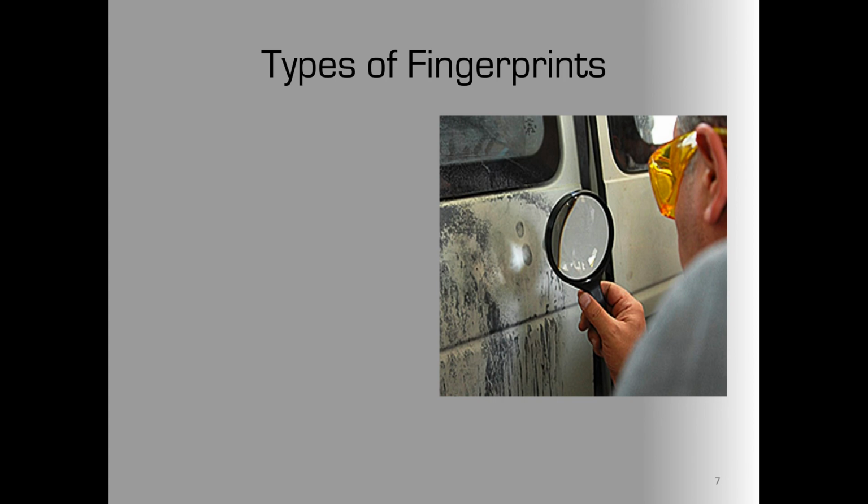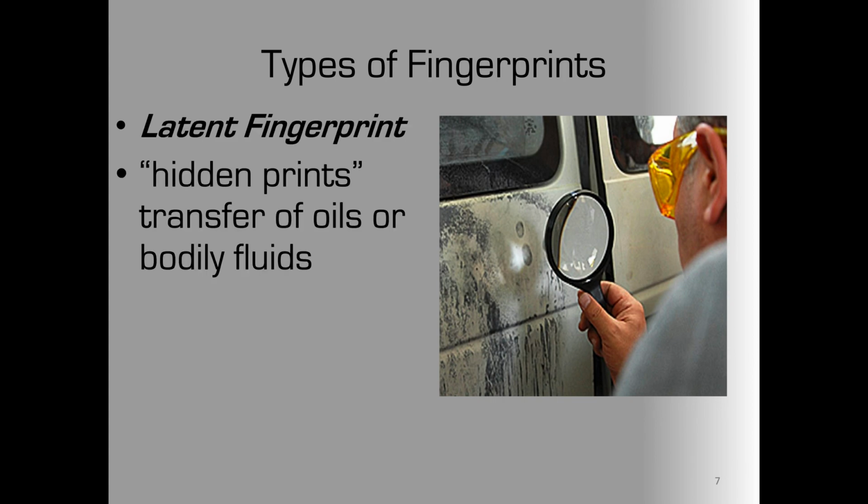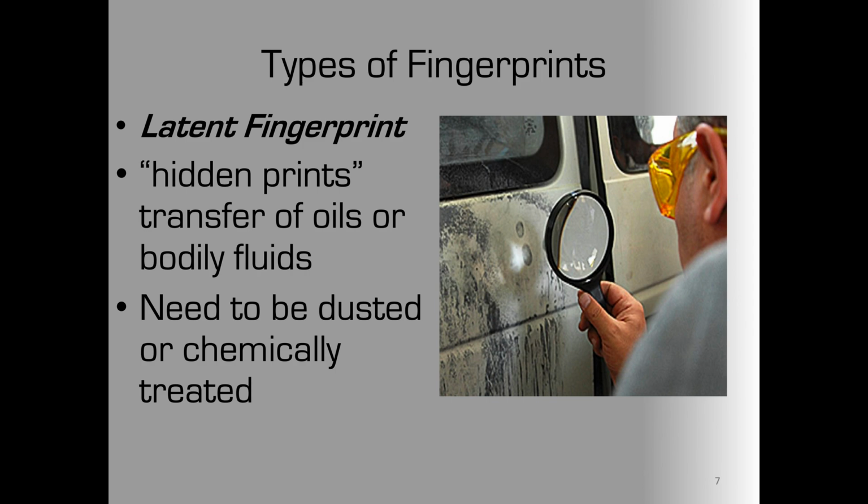The last of these three, the one that we usually think of when you're thinking of forensics investigators out there looking for prints, that would be a latent fingerprint. So latent, that's the opposite of blatant. Like if I said you were blatantly cheating, that would mean that it was obvious that you were cheating. So a latent fingerprint, not so obvious. A lot of times these are referred to as hidden prints. And this would be just the oils or the natural fluids from your fingers that are left behind when you touch something. So in order to really see these, they'd have to be dusted or chemically treated or perhaps